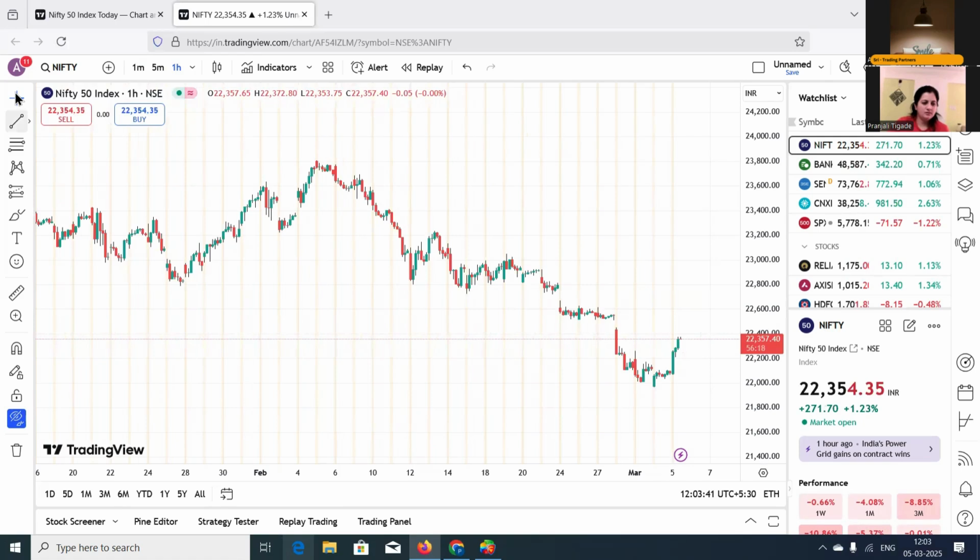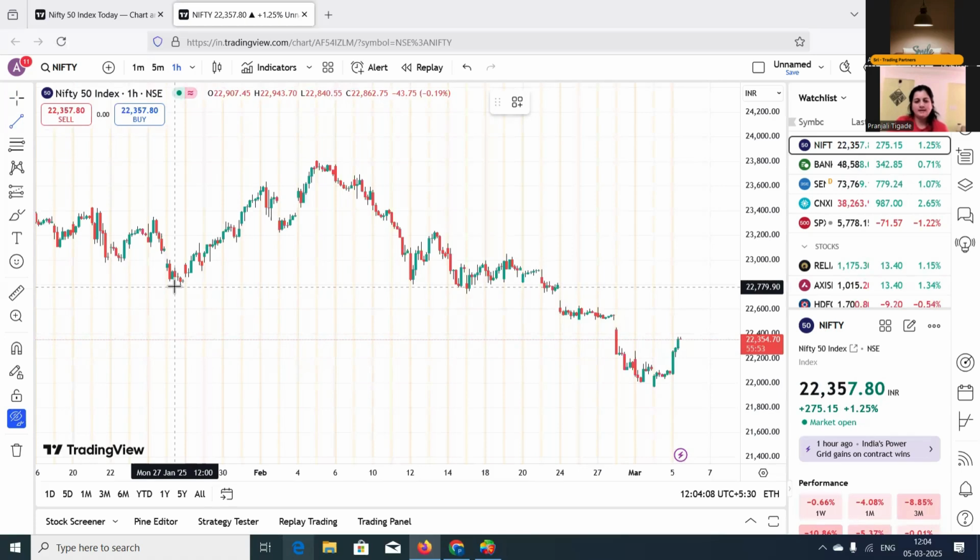So here in the left pane, I have the option of trend line. Okay. So if you hover, then you will see the name of the tool. So trend line, I have to click on it and I need to join at least 2 points. Okay, 2 points on the chart.